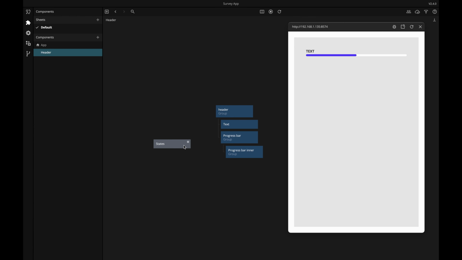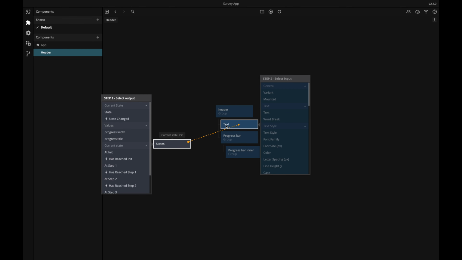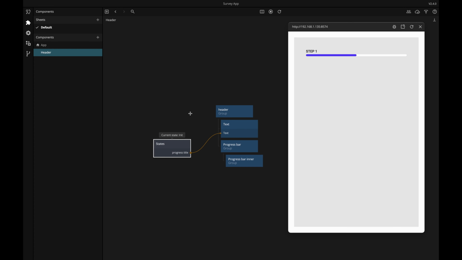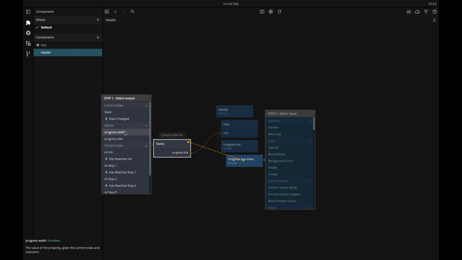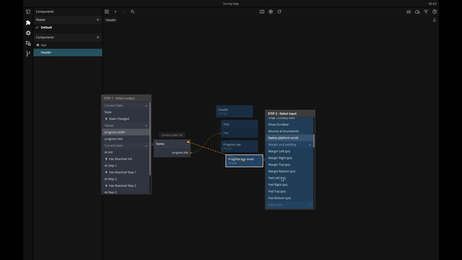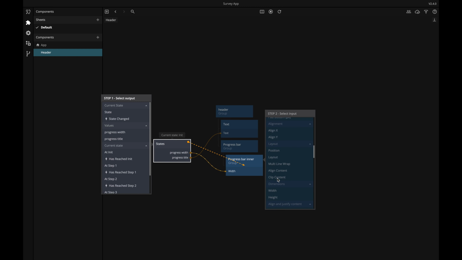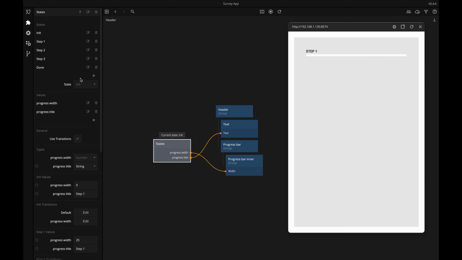Now we're ready to hook up the states node to my UI. The progress title will be connected to my text node, and the progress width will be the width of my inner progress bar group. Let's see what it will look like if we change the state of the states node. So let's tell the states node to show the step 1 state. And as I change to the other states, we can see how the title changes and the progress bar gets filled in. We will control what state we are in a little bit later, so let's set it back to the init state,